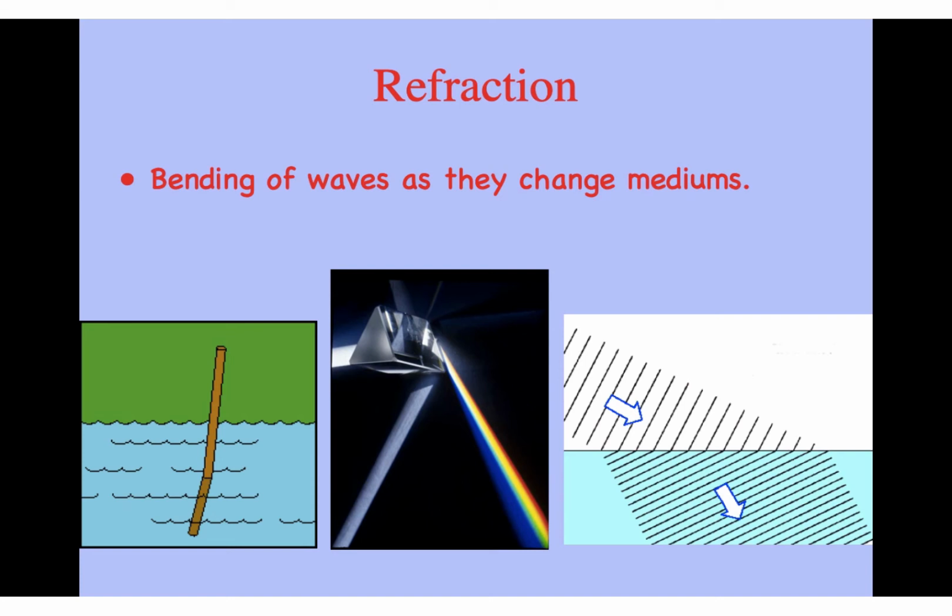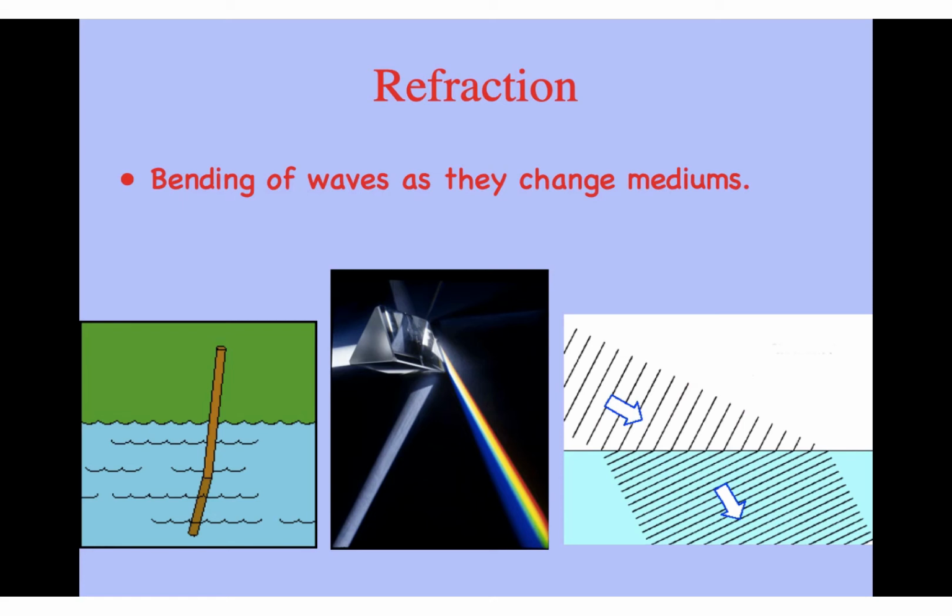Refraction. Okay. Refraction is when light bends as it passes from one medium into another. So as it changes from one medium into something denser, it causes those light waves to actually change speed. Light's the opposite of sound. When light goes into a denser medium, it slows down a little bit. And so it causes it to change these speeds.